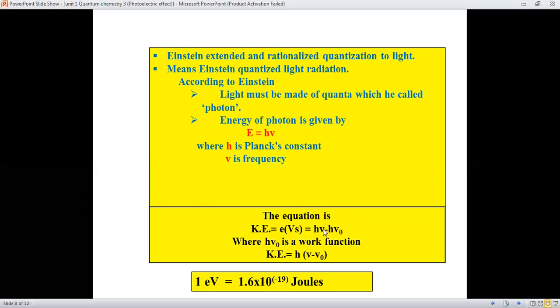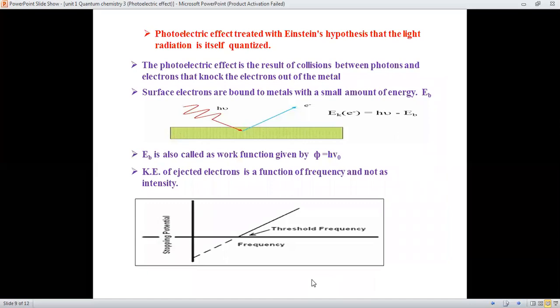If the energy of the incident photon h mu is less than the binding energy, also called the work function, then no electron will be ejected from the metal surface. The kinetic energy is given by this equation: KE is equal to h mu minus h mu 0. From this equation one can obtain y is equal to mx. If we get the slope of that straight line, it is the value of h, the Planck's constant. Once again, remember this equation to solve problems related to the photoelectric effect.